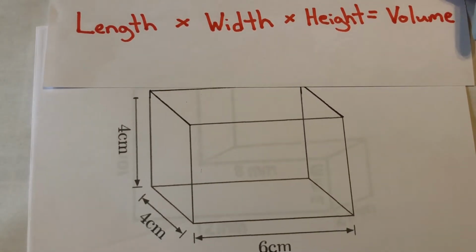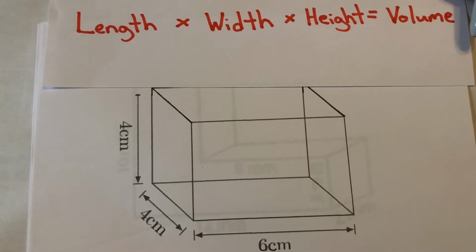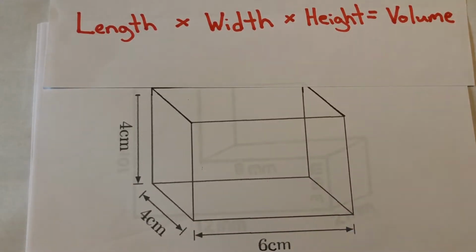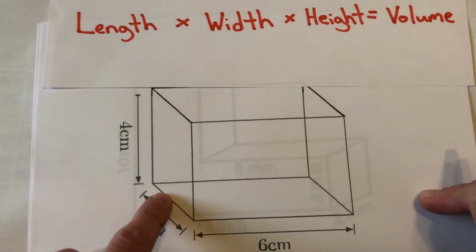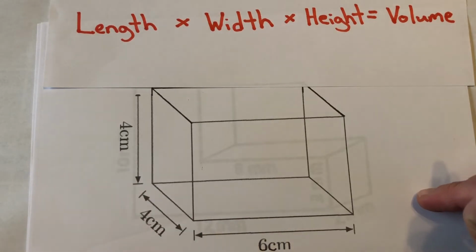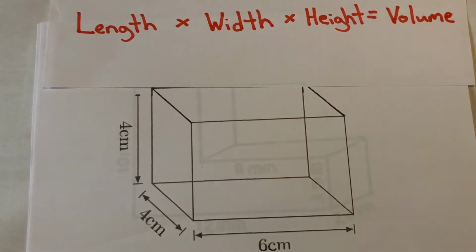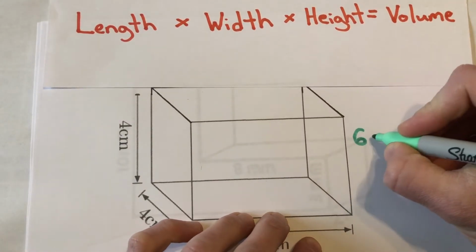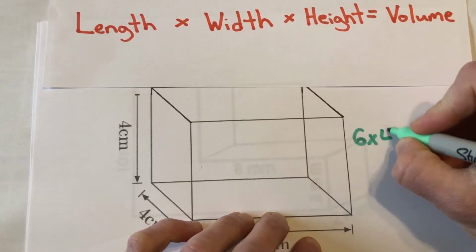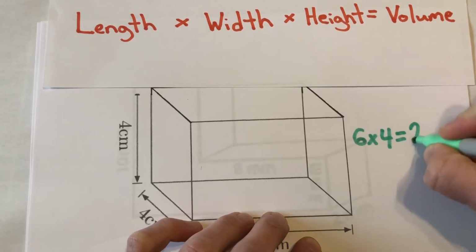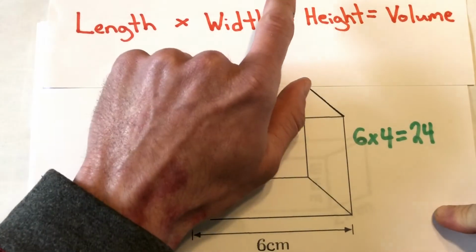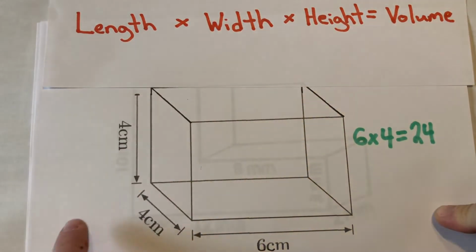So our length here is 6 centimeters. 6 centimeters is the length from this side to this side. And our width is 4. I know that 6 times 4 equals 24 centimeters. So 6 times 4 equals 24. But now I need to multiply that number by the height. So